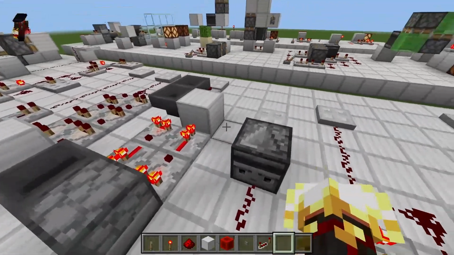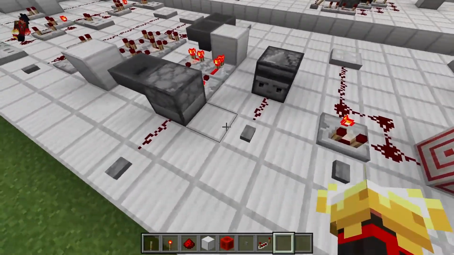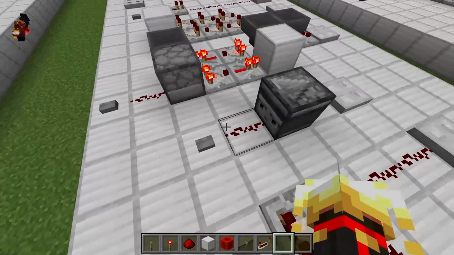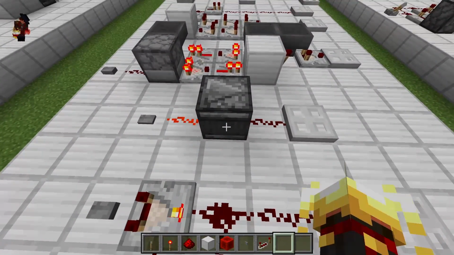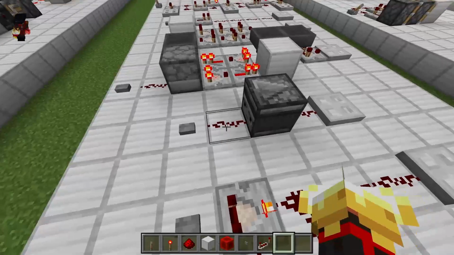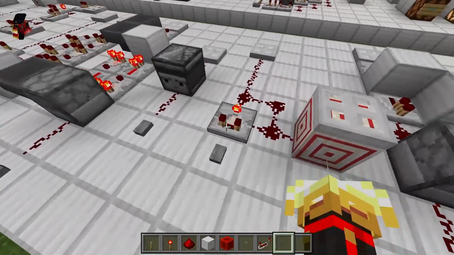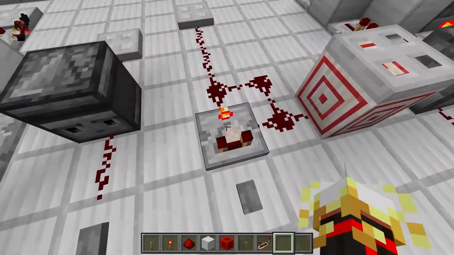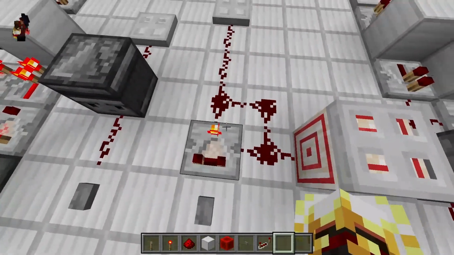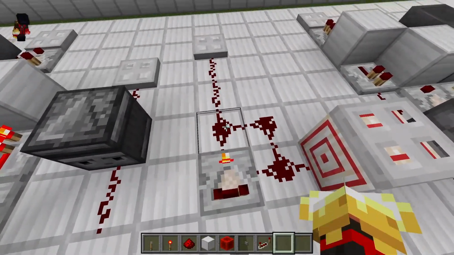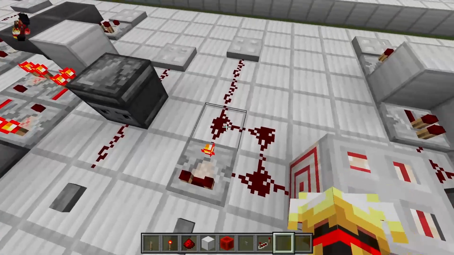So next up we have pulse multipliers. It turns a single pulse into multiple pulses. Here we have an observer, which flashes twice after only 1 pulse going in here. Here we have a comparator on subtraction mode. It loops into itself. So there's 15 going here, then a 13 here, which subtracts it and actually becomes 2